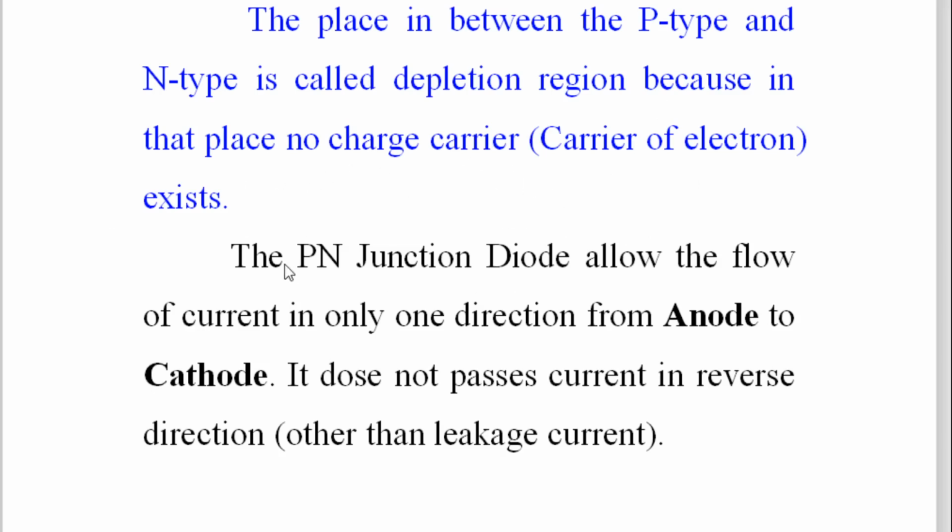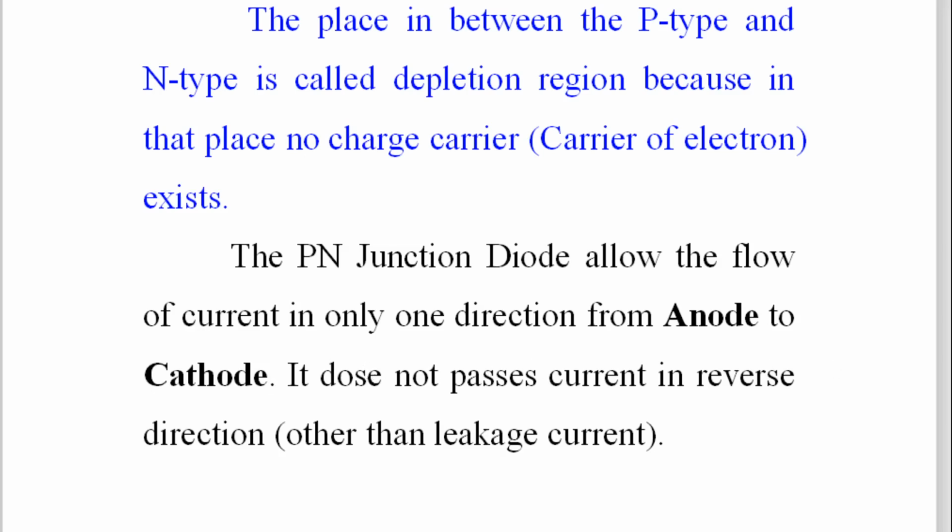The PN junction diode allows the flow of current in only one direction, that is from anode to cathode. It does not pass the current in the reverse direction other than leakage current. Due to this property, the PN junction diode is called an active component. In electronic science, you might have studied resistor, inductor, capacitor. These three are passive components, but the PN junction diode is an active component, and a very important characteristic of an active component, that is a PN junction diode, is that it allows the flow of current in only one direction,